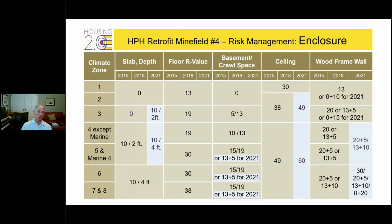So what amount of insulation do we want? Here's the latest requirements for the 8 different climate zones. And I've laid them out for the 2015, 2018, 2021 IECC. And you can see the major difference among all these is the 2021 IECC on foundations requires slab edge insulation